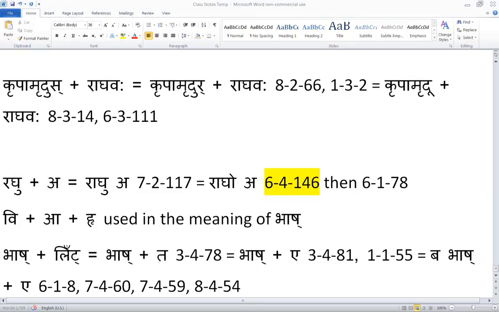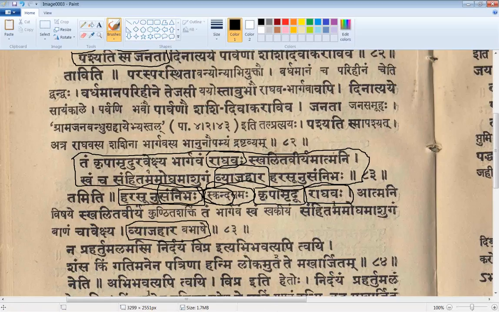Now, why is he giving that? To tell you that the verb means the meaning of bhasha. Okay, so the karta is finished, the kriya padam is done. Now he's talking about the